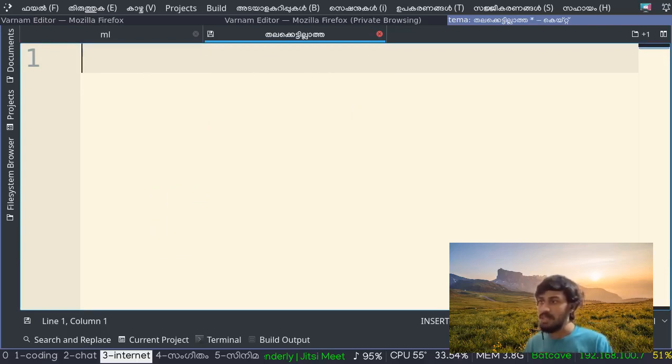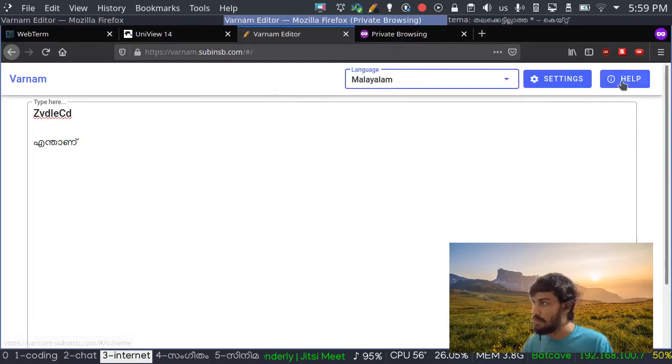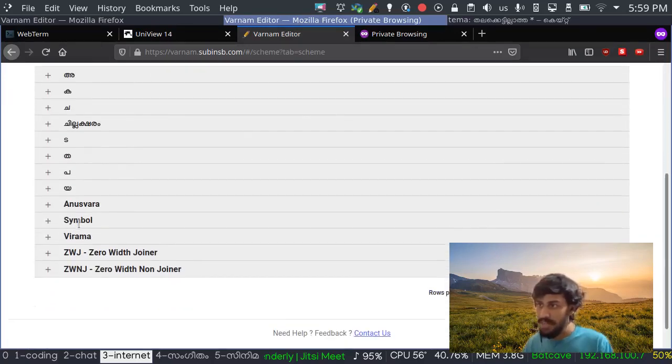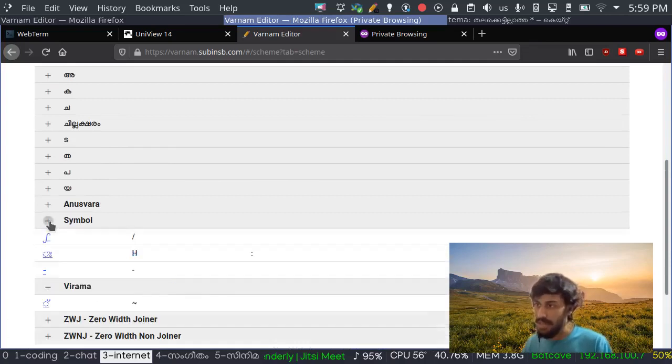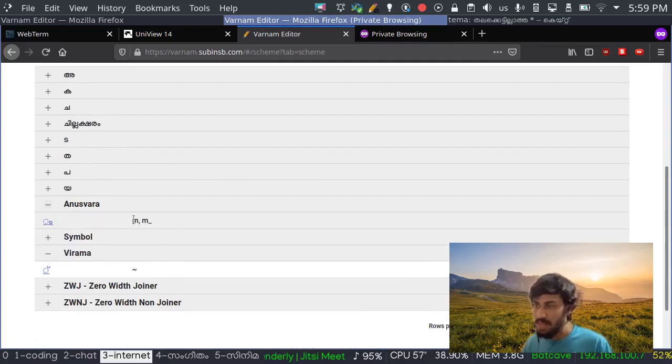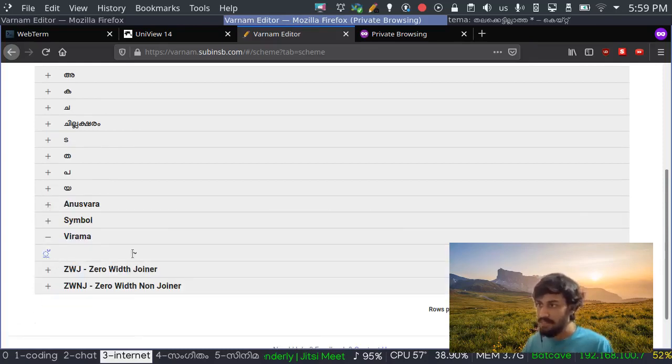So this is a word. Now you see that there is a Chandrakala at the end. To type Chandrakala, let's look at the scheme first, that would be much better. Let's switch to Malayalam, go to type scheme. So how to write Virama? To write Virama, the key is tilde. So tilde is the symbol used for that. And for example, Anuswara, we can use M. Likewise, we can find that Virama is used for this.